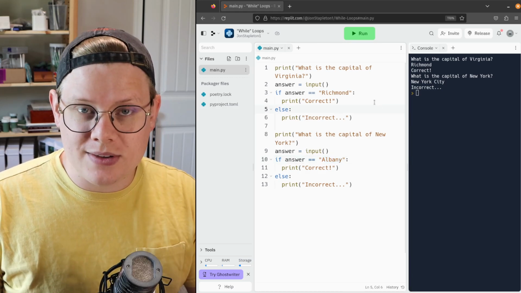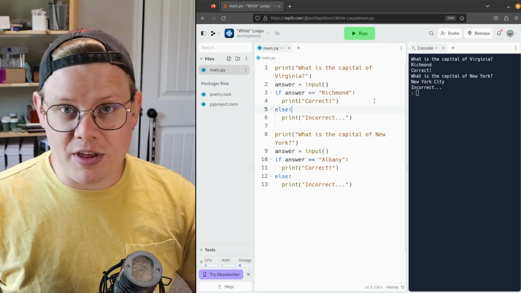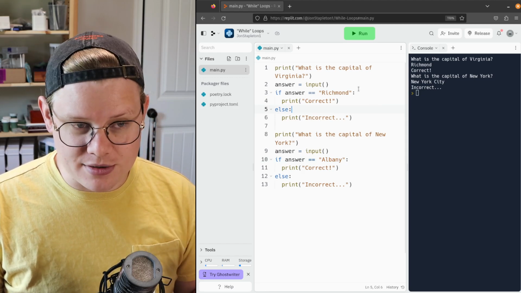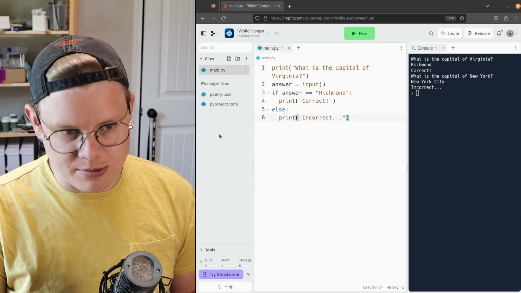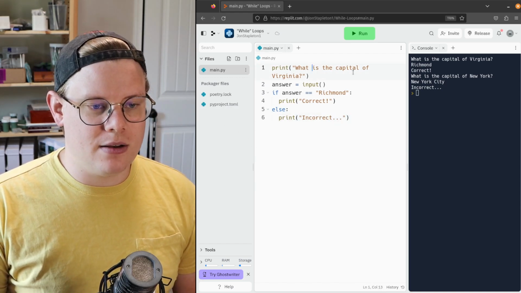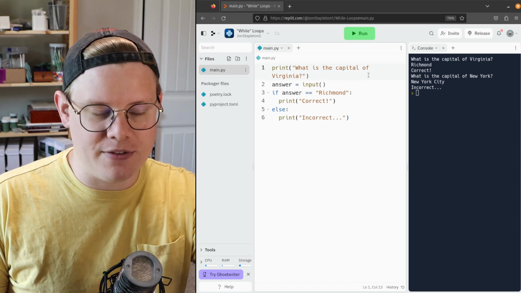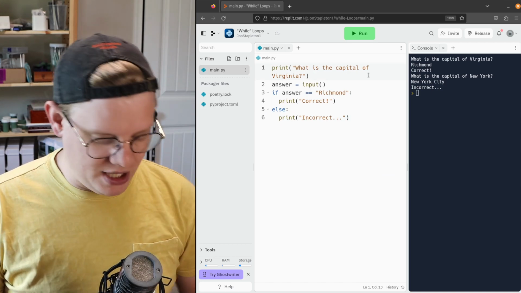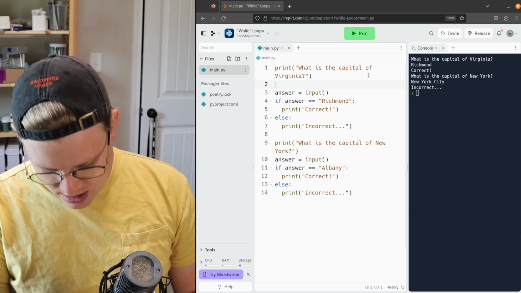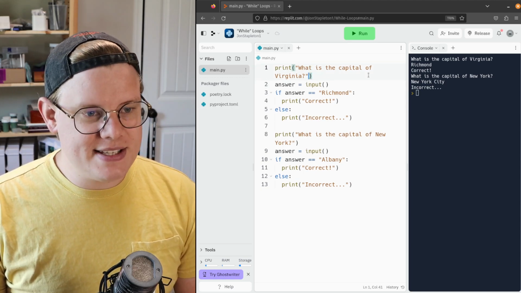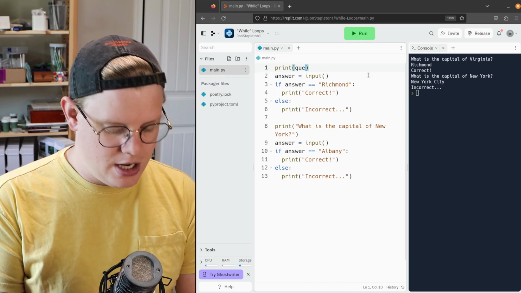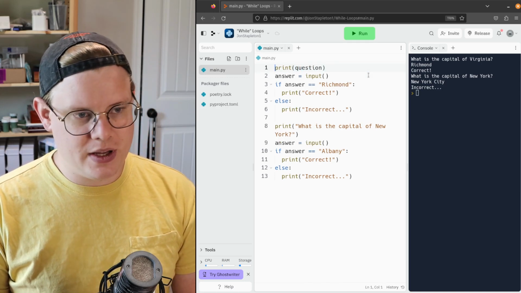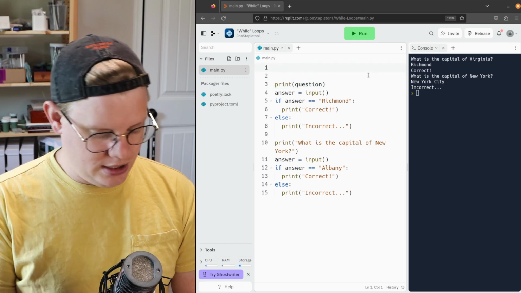We can do the same thing, but with the added benefit of parameters. Just to make this a little bit more clear, I'm going to edit this just a little bit. Imagine that we were using variables for the parts of the question that change when we repeat. Actually, let me put this back. Okay, so instead of having the text of the question there, I'll use the word question, and then I'll store